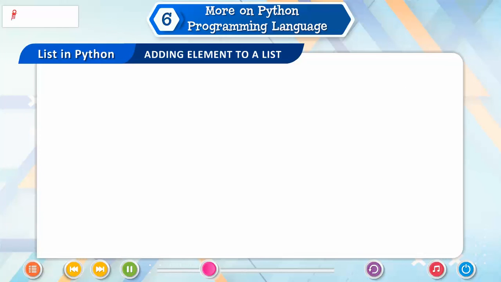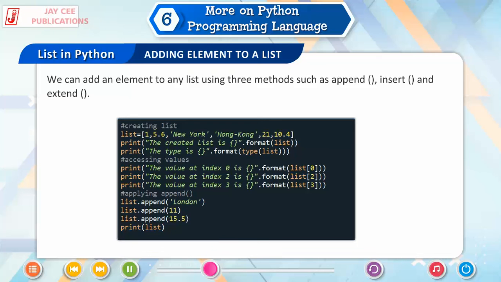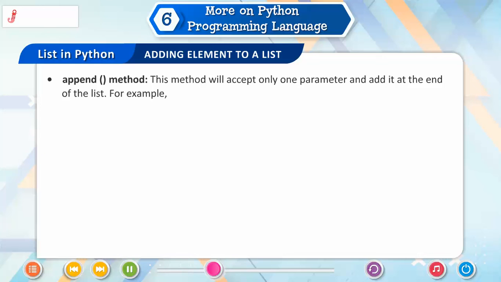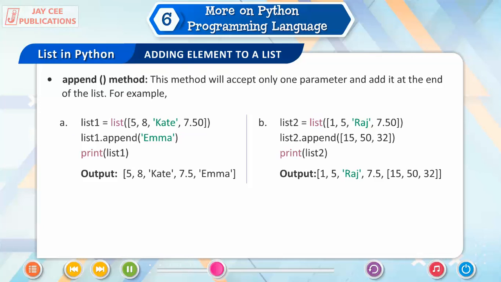Adding element to a list. We can add an element to any list using three methods such as append, insert and extend. Append method. This method will accept only one parameter and add it at the end of the list. For example, a) list1 = list([5, 8, 'Kate', 7.50]); list1.append('Emma'); print(list1). Output: [5, 8, 'Kate',